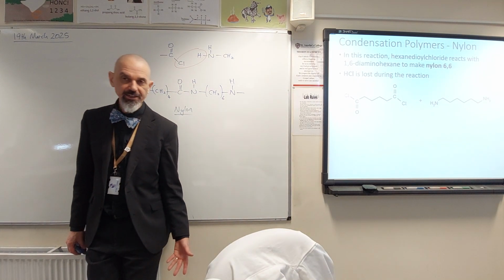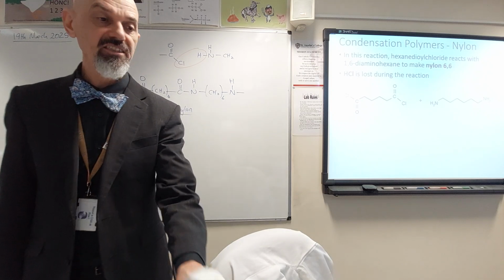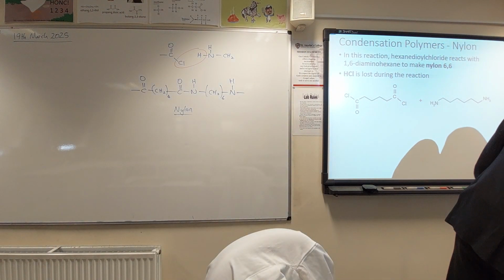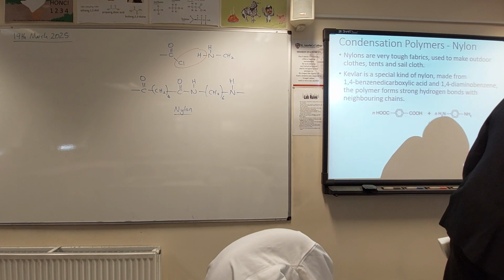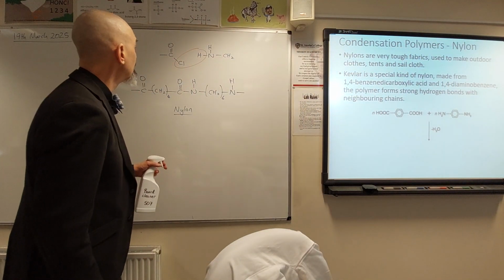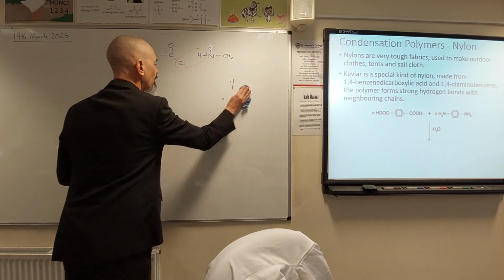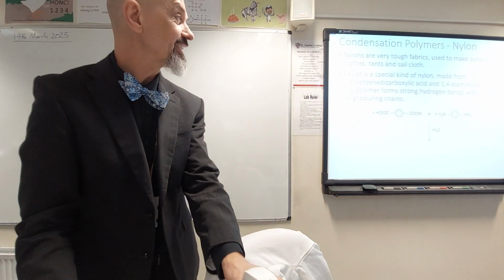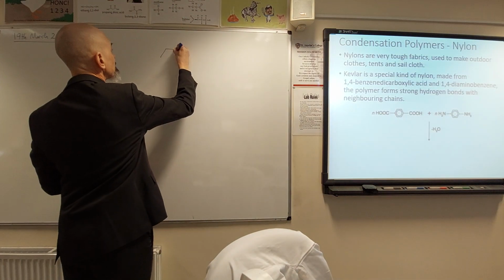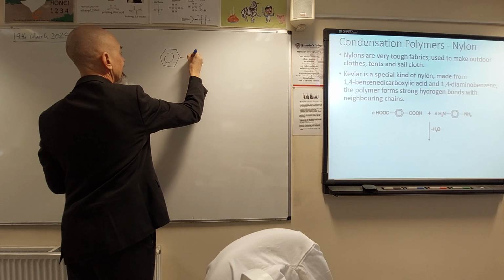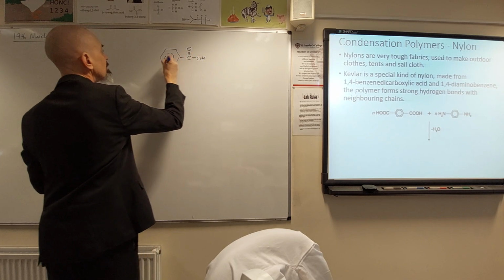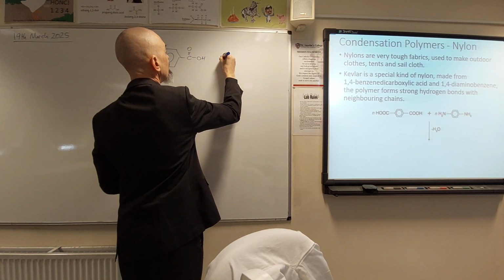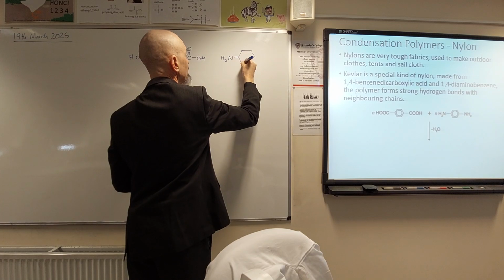They can be made into very, very tough fabrics that will resist weather and the elements and so on. A special polyamide or a special nylon is Kevlar. So Kevlar is made from this stuff, terephthalic acid, 1,4-dicarboxylic acid, and a similar looking amine where we've got a benzene ring in the middle,